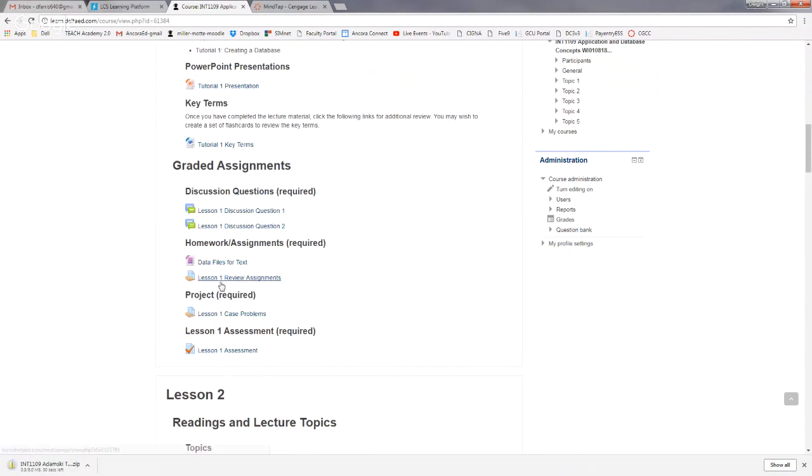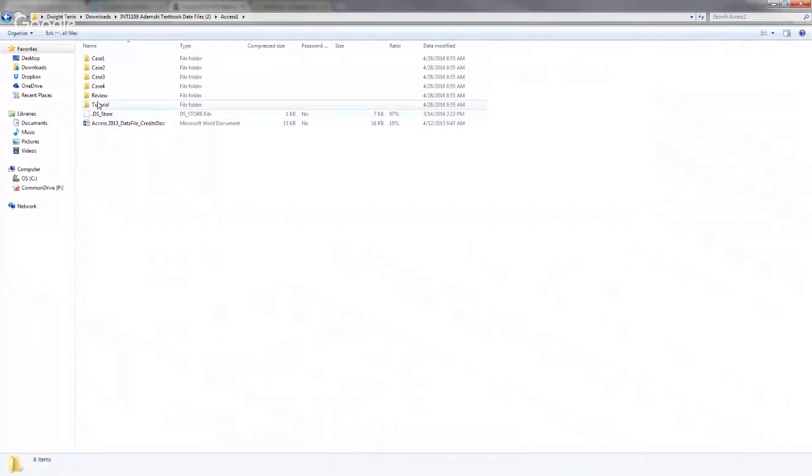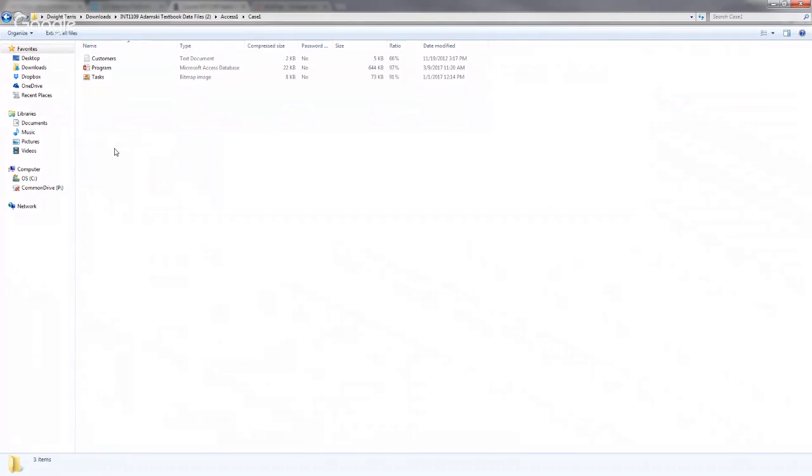This particular link is essentially a zip file. If you click on that, it will download it to your system. I jumped the gun here, and basically you can double click on that and it will open up. It's Access 1. This is where you would need to start, and these are zip files, but you can access them without unzipping them. So once again, this is basically all the files that you need. For example, case 1,